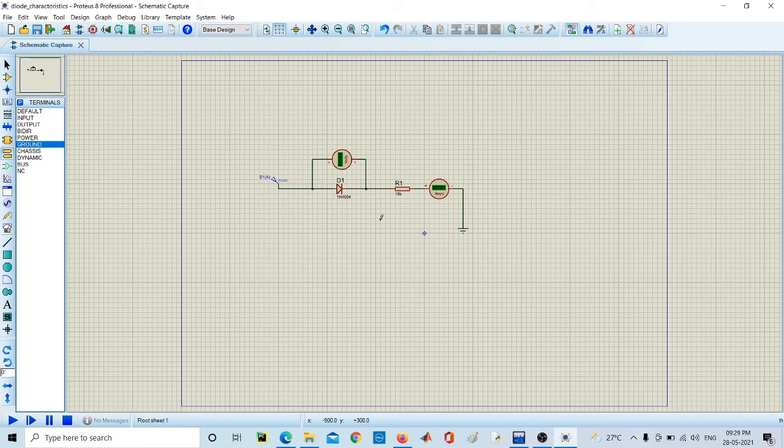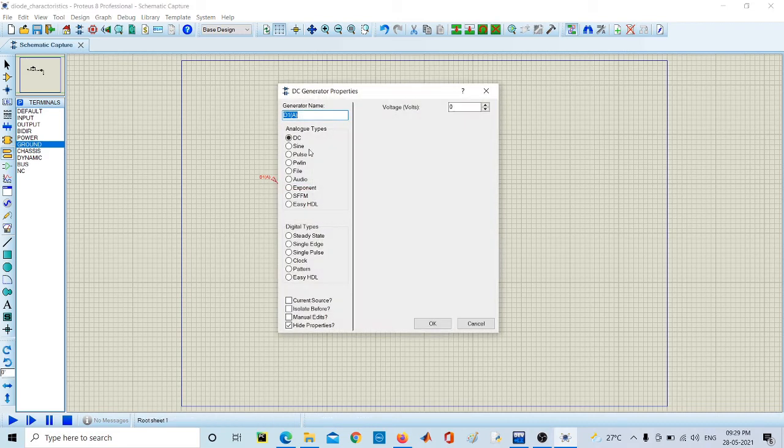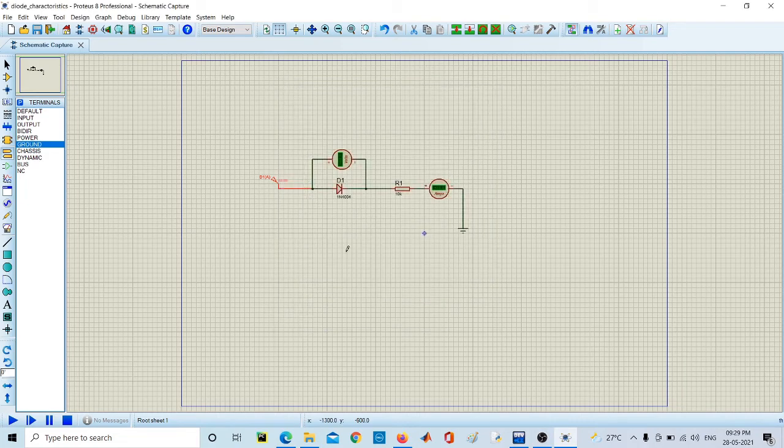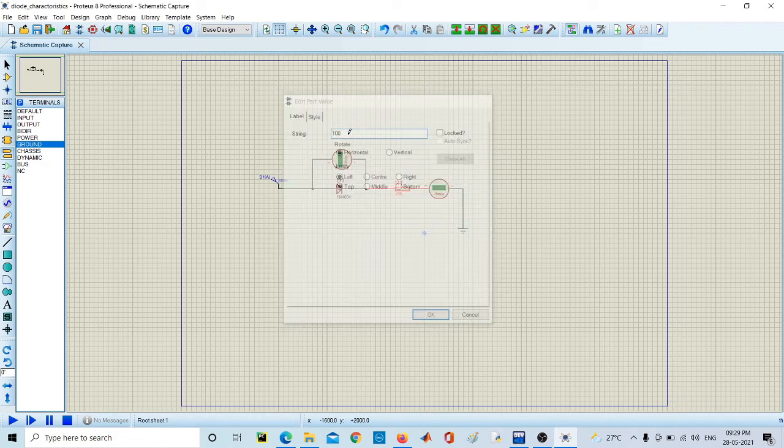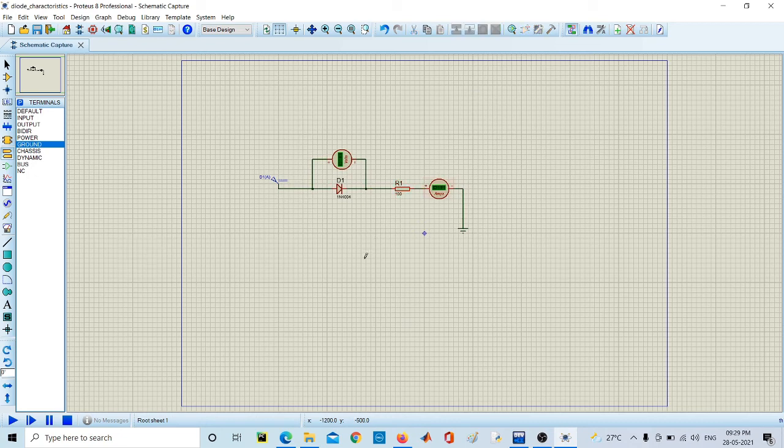Now we are going to change the values. First, double click on the DC generator and give the voltage value as 5. Then click on OK. Then click on the resistor and give the value 100 ohm. This is our complete circuit for checking the forward bias characteristics of the diode.